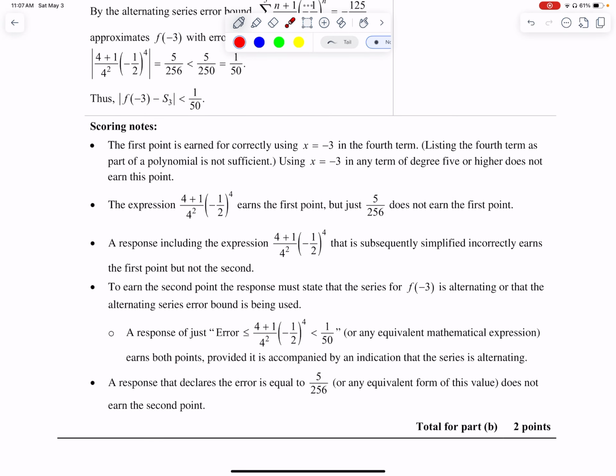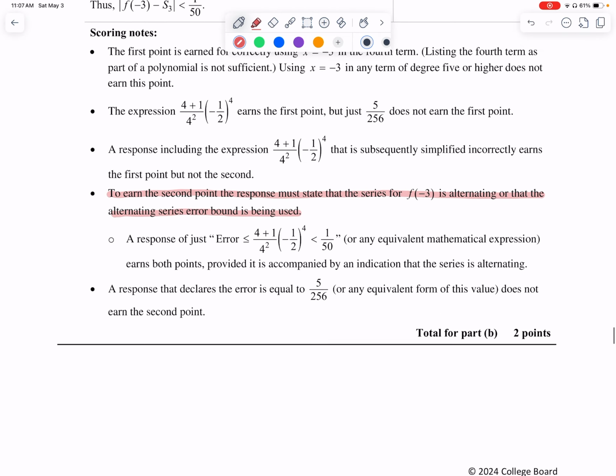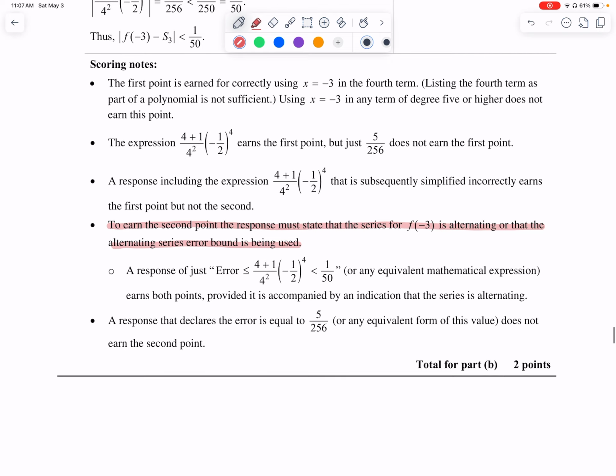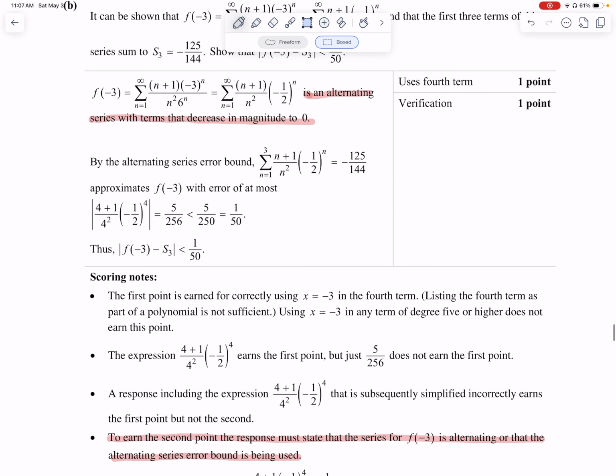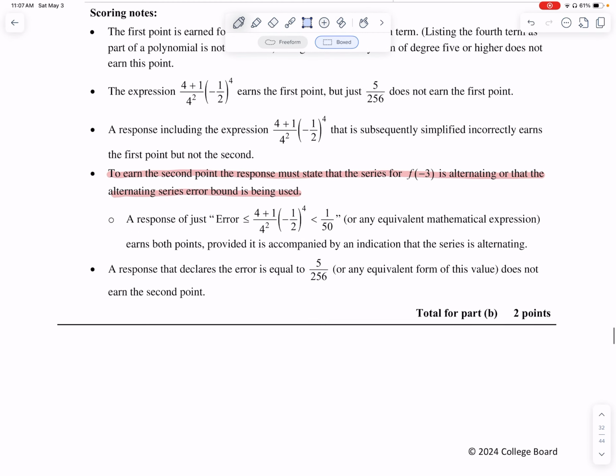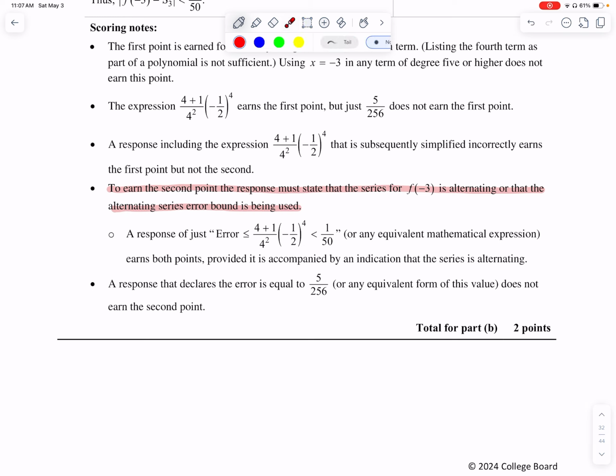And to earn the second point, the response must state that the series for f of -3 is, oh god, I think this is important, is alternating, or that the alternating series bound is being used. So you do have to say that it's alternating. It is unclear whether or not you have to say that it fits the criteria, an alternating series with terms that decrease in magnitude to 0. I think that is kind of key, and I would make sure that I put that as part of my